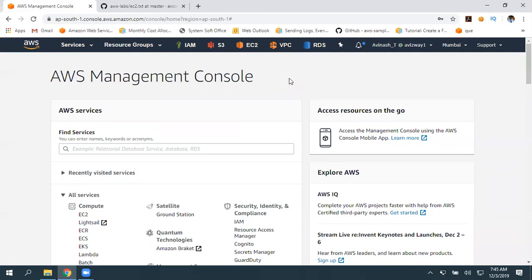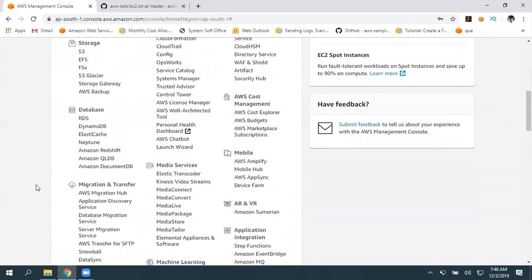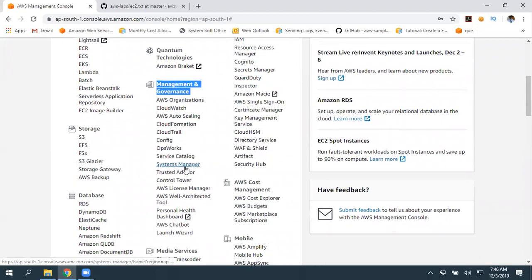If you want to use a traditional mechanism or deploy any quick handling, yes, you can use this, and you really have no need to implement such third-party mechanisms in AWS. Earlier it was a very small feature in EC2, but now they have segregated the service and they are adding a lot of new features there. Soon we can expect more changes here. Under management and governance, you can find Systems Manager.